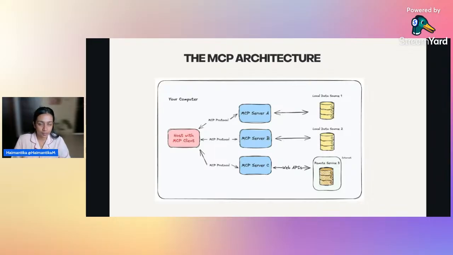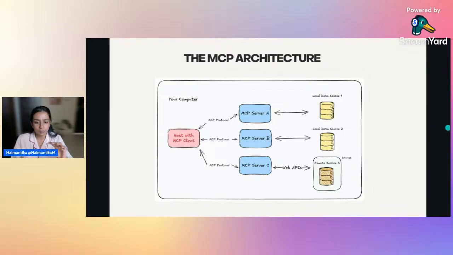In our case, the example that I will show will be Cursor. It also could be your Claude desktop or any other tool that's acting as the agent. Then the host, which is on the left, connects to multiple MCP servers, and each one is exposing a different tool or different resource. When I go to Claude, you'll understand what these tools and resources really mean.